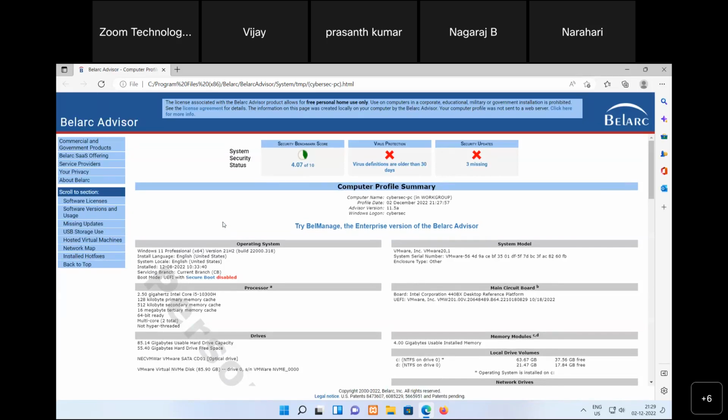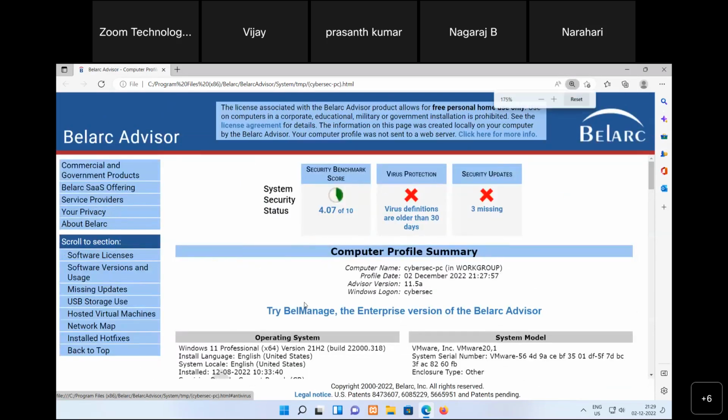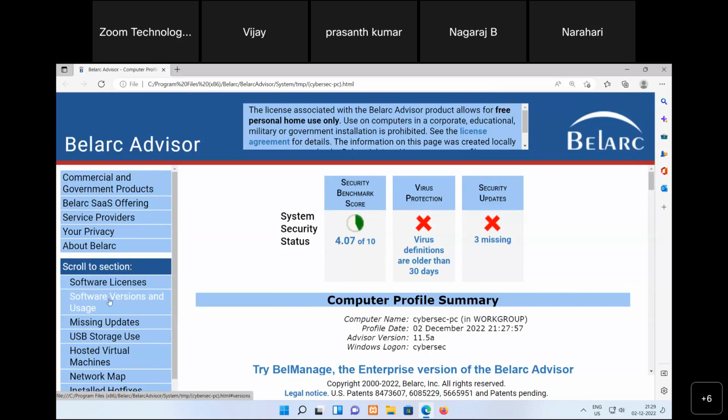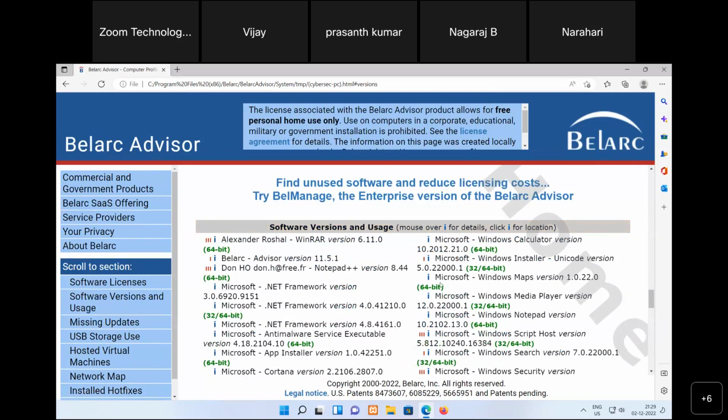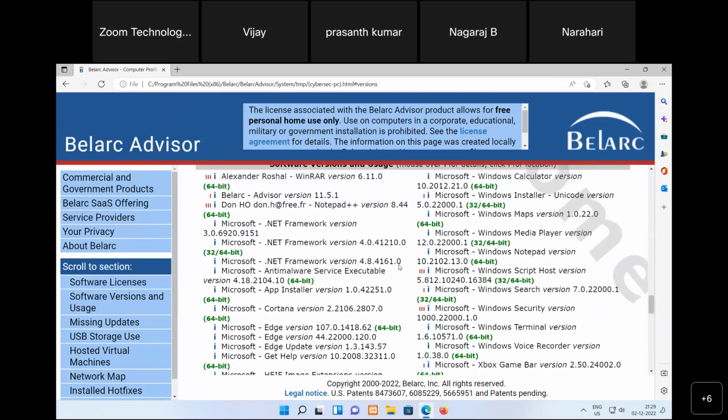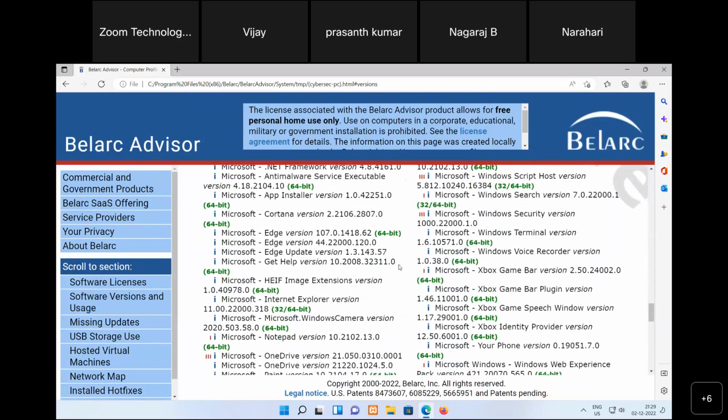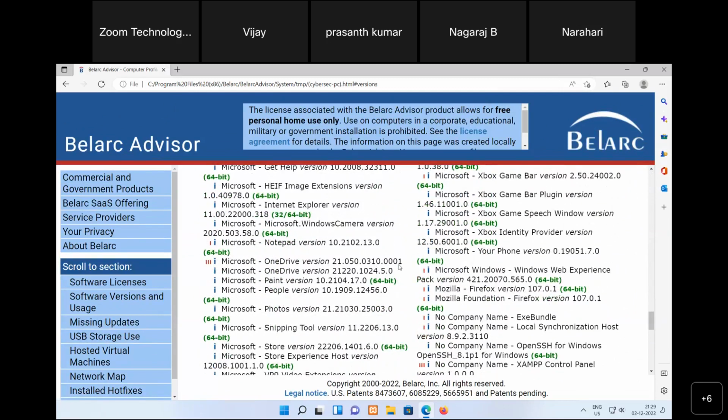So okay, let me say show me the result. So here, as you see, Belarc will open the result on the web browser and show you the result here. Now, as of now, what we are interested in is this particular section called software versions and usage. So click on software versions and usage. So here, as you see, Belarc will show you a list of all the tools that are installed on your